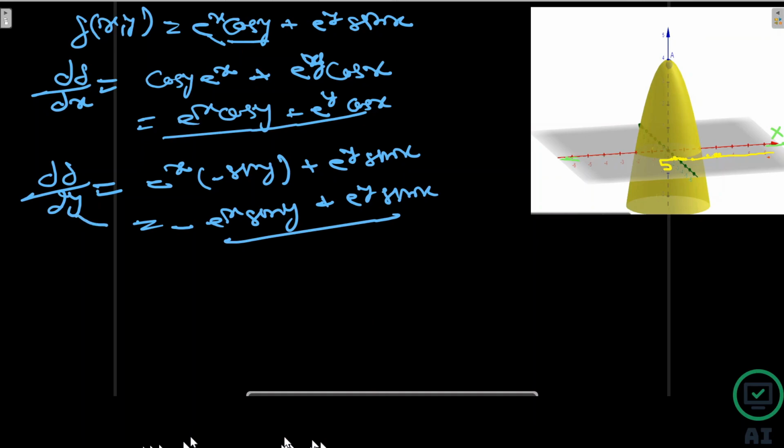So this is with respect to y and x, and I hope you understood the meaning of that. When we are differentiating with respect to x, we are fixing y as a constant, and when we are differentiating with respect to y, we are fixing x as a constant. Then we are trying to find the slope of the tangent line over the surface for those particular points.